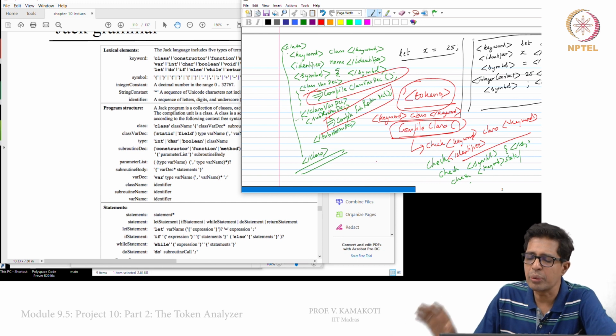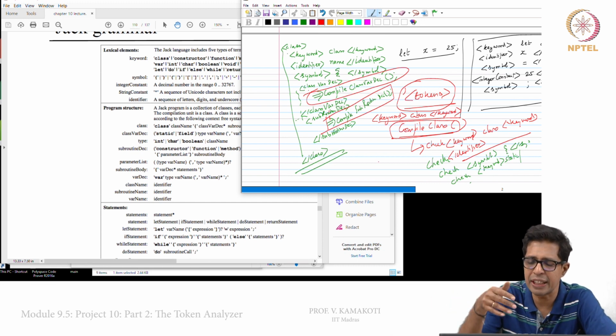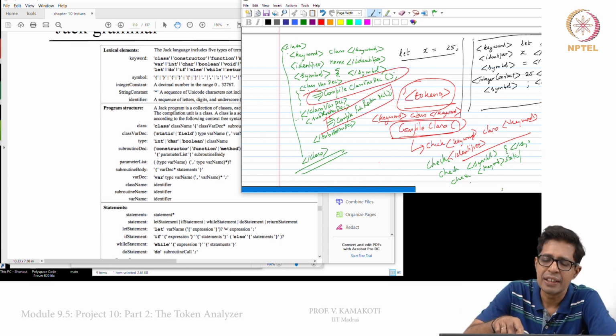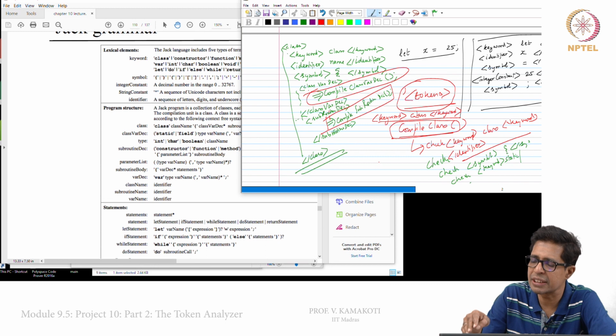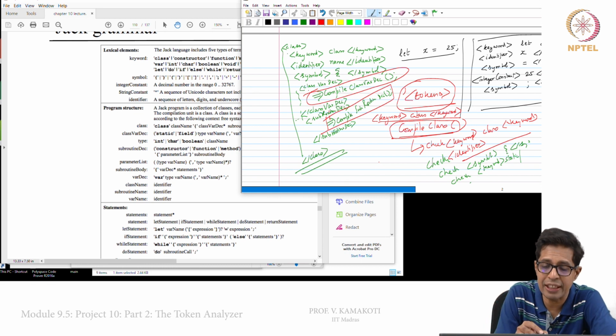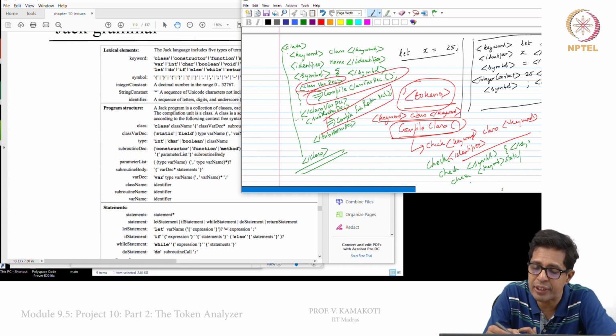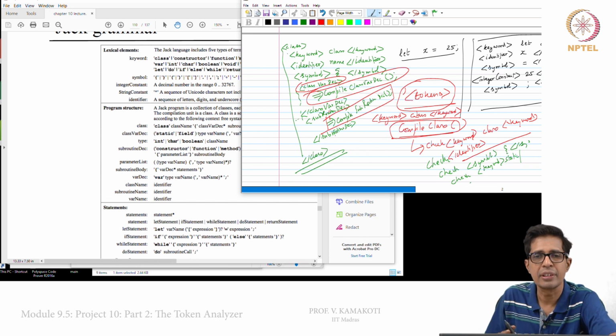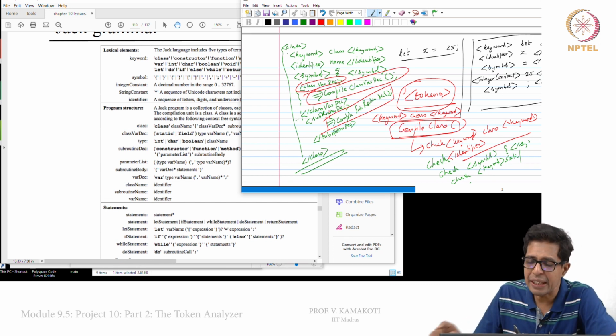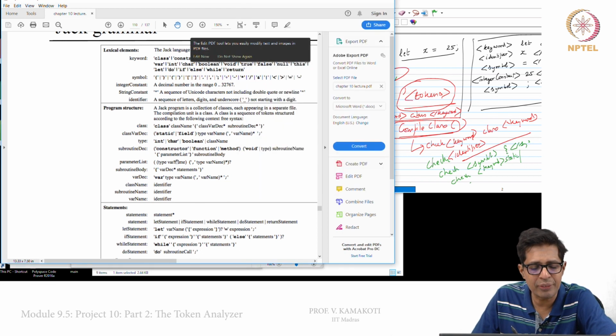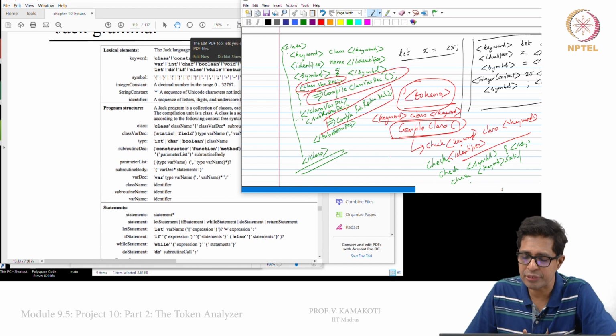So, this is how compile class will work. It will first put class there, and then check for the keyword class. If there is the keyword class, it puts all the outputs with 2 spaces of indentation until it comes to class var dec. If there is some class variable declaration, then only you put these 2 statements, class var dec and its closing. Now, what will compile class var dec do? It will see whether the current token is static or field, and output that token. So, let us see what compile class var dec does.